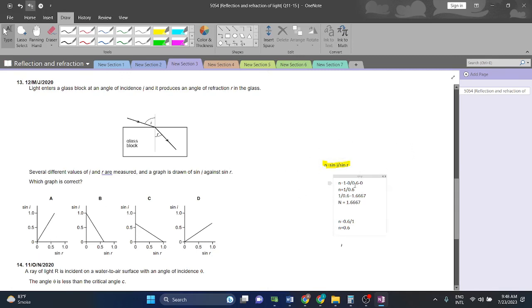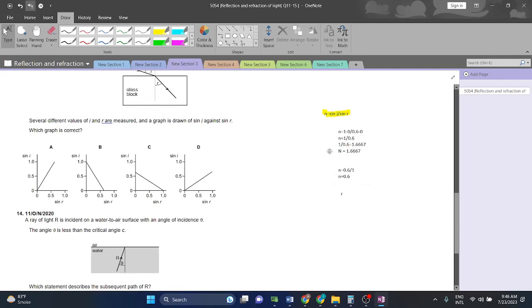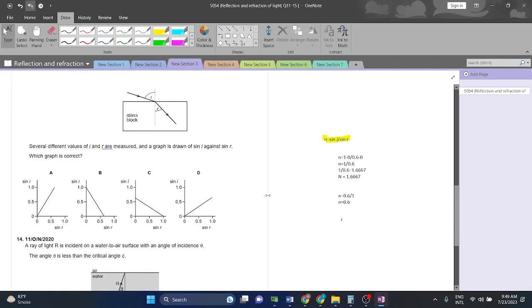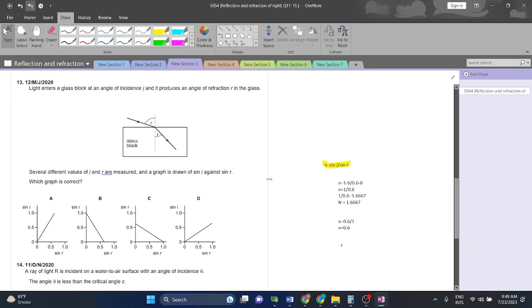N is equal to sin i divided by sin r, and if we apply the formula of gradient, n is equal to the increase in y divided by the increase in x. ठीक है ना? So if we put that in, अच्छा, y2 minus y1 over x2 minus x1, y2 is 1, y1 is 0, x2 is 0.6, x1 is 0. So if we calculate that, n will be equal to 1.6